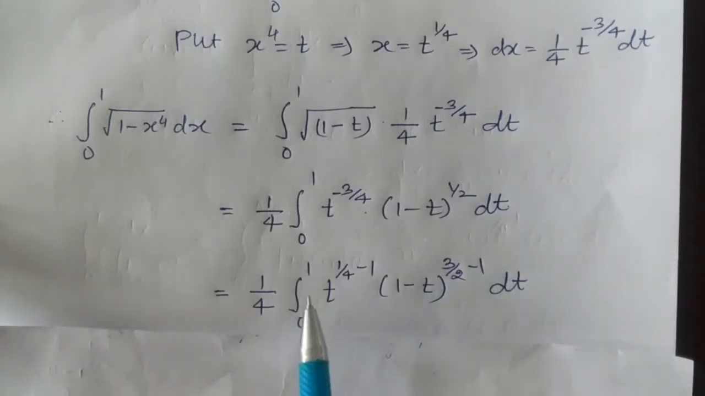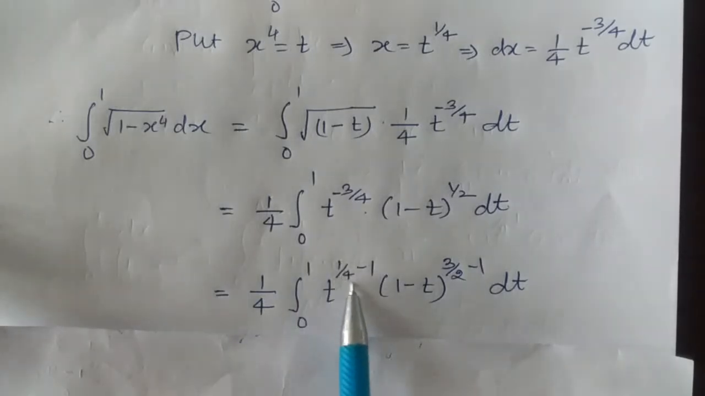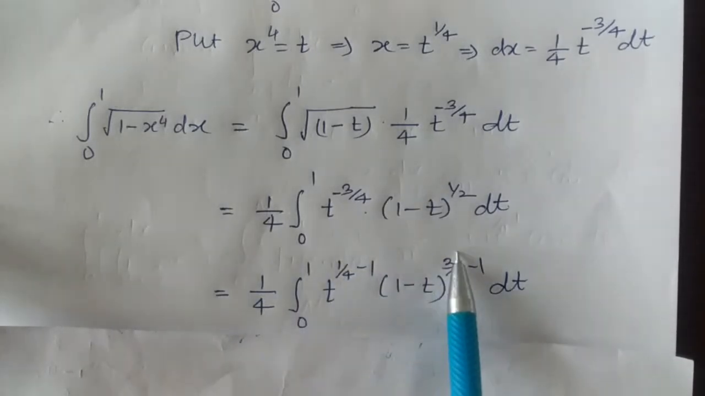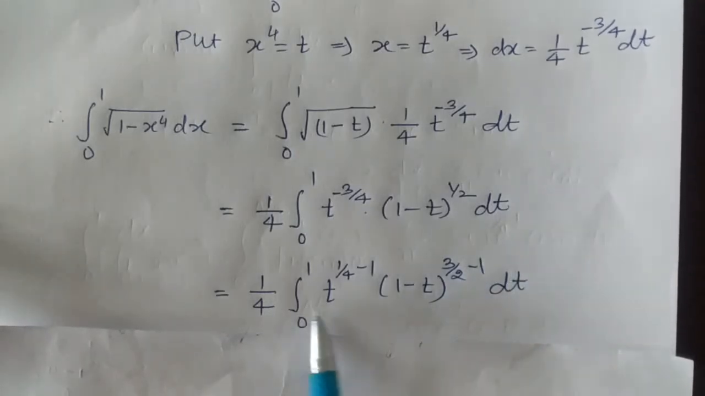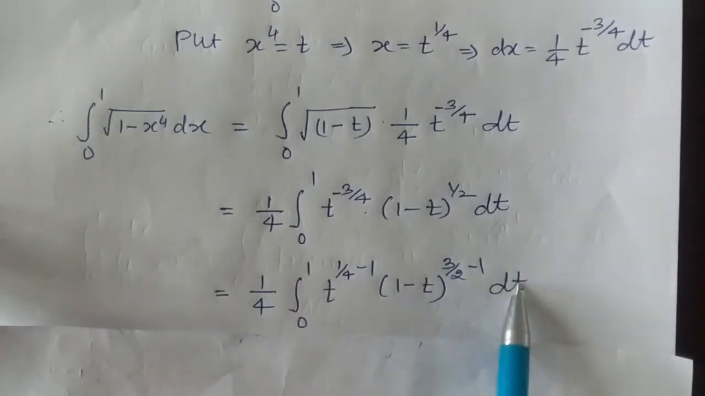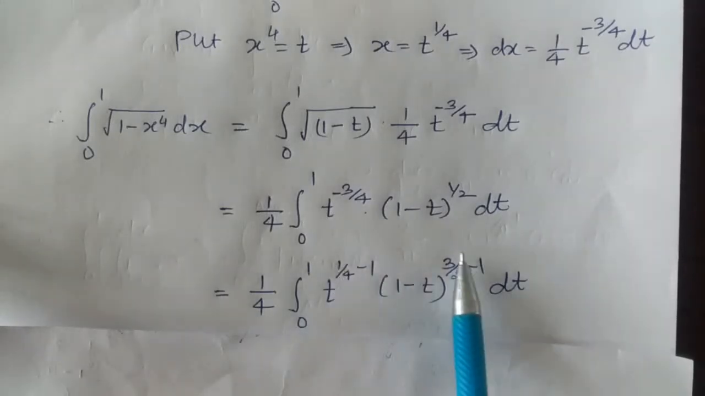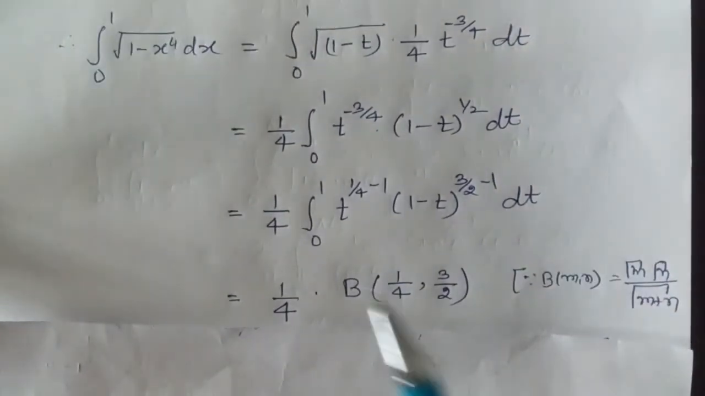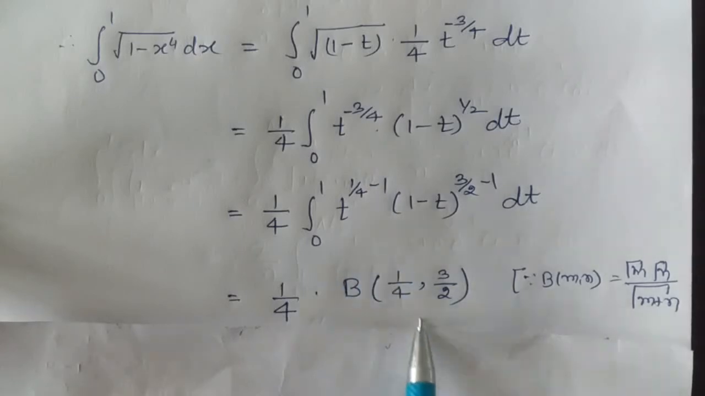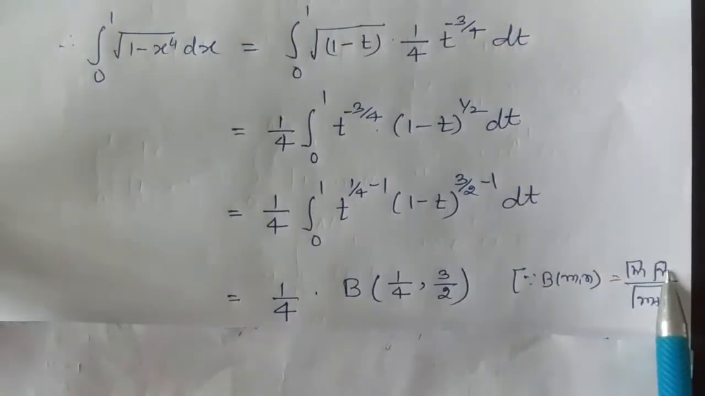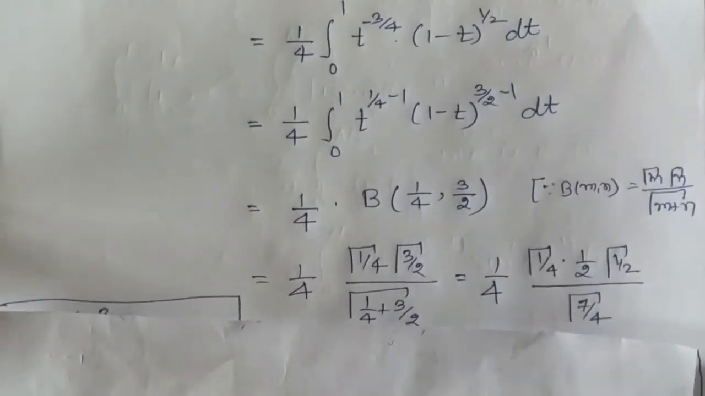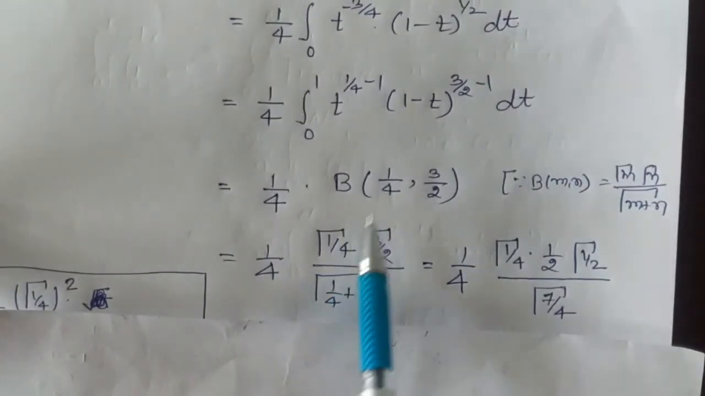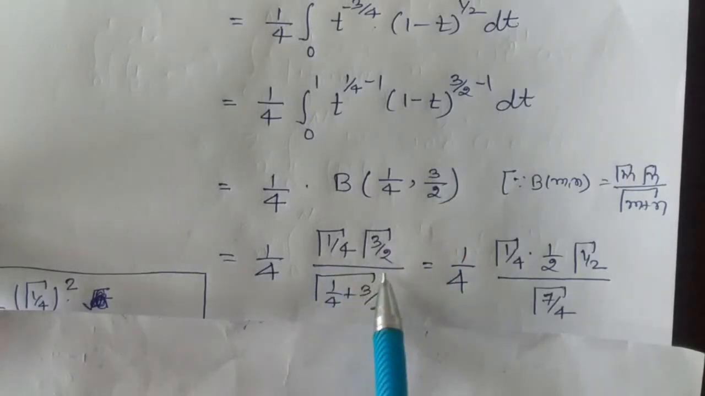Now this integral is of the form integral from 0 to 1 of x to the power m minus 1 into 1 minus x whole power n minus 1 dx. So by the definition of the beta function, this integral is beta m, n, where m is 1/4 and n is 3 by 2. So we write 1 by 4 into beta 1/4 comma 3 by 2. Now beta m, n is equal to gamma m into gamma n upon gamma m plus n. So we write 1 by 4 into gamma 1 by 4 into gamma 3 by 2 upon gamma 1 by